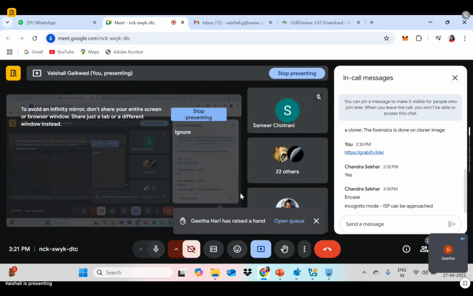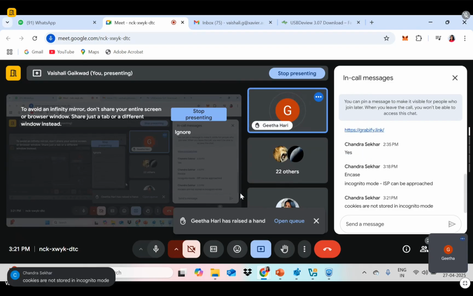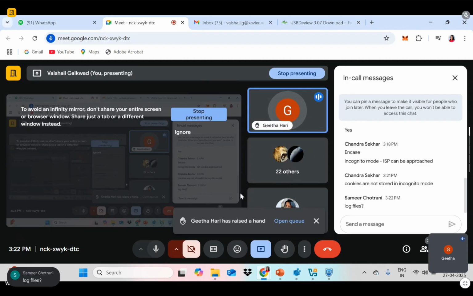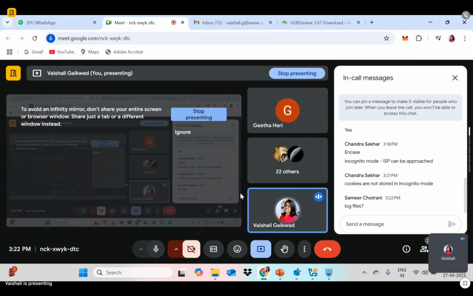Yes, Geeta ma'am, I have installed Linux as a separate OS on my laptop. Is that okay? Yes, you are installing it, so you have a dual boot. So your machine is dual boot, that's good. So even if we try any ethical hacking, it will not impact my Windows OS, right? No, see, we have this dual boot concept. When we install some OS in a virtual box, it gives